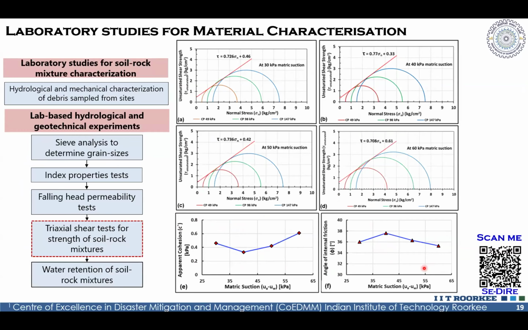This comes from the unsaturated-saturated triaxial test, and we did have a limitation in our apparatus that it can only consider matrix suction of up to about 80 kilopascal. We believed that is enough for our study because the slip surface depth of many landslides here in the Himalayas, what we observed, is closer to an average of 5 meters. At 5 meters, as per Darcy's law, we estimated that not more than 50 kilopascal of water pressure, negative or positive, is going to develop. So we found that matrix suction has an impact on the shear strength for the fine particles of the material.